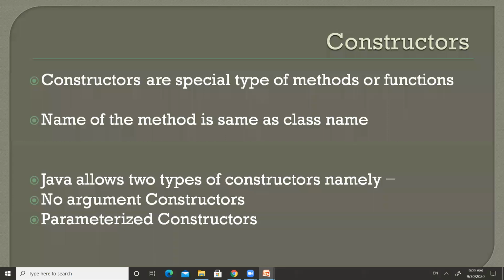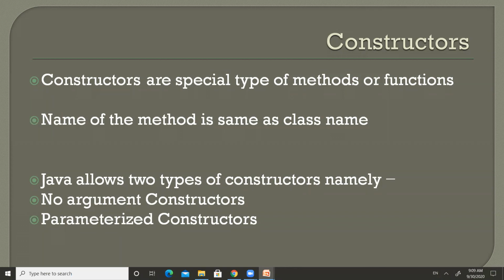We also have methods with zero parameters and methods with one or n number of parameters. Similar to methods, constructors are also of two types. Constructors without parameters are the no argument constructors, and the constructors with parameters are called parameterized constructors.